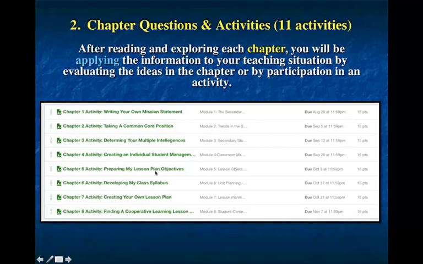We're going to make sure you understand how to do lesson plan objectives by the different taxonomies. And then you develop a class syllabus you could use for your class website, or to your kids, or even show to your parents. Those are simple ways to overview a class. And then to develop one lesson plan that's totally yours, and then to find a cooperative learning lesson plan on the internet. So show you that, gosh,